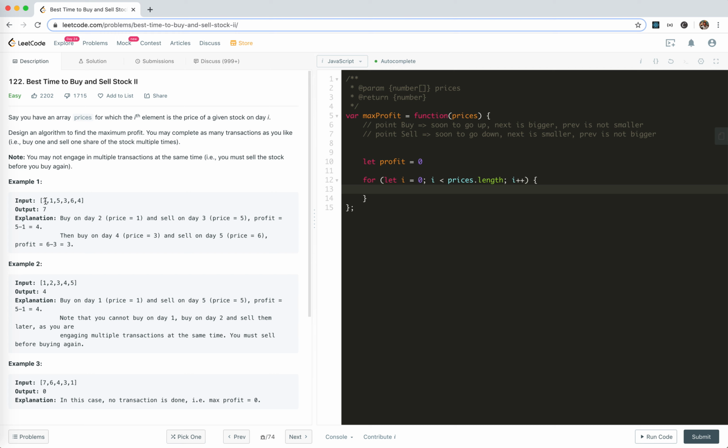This one should be the possible buy point. The first one, what should it be? It may be possible. Okay. The next one is smaller. The previous is not bigger. It's sooner. Okay, so now we search for